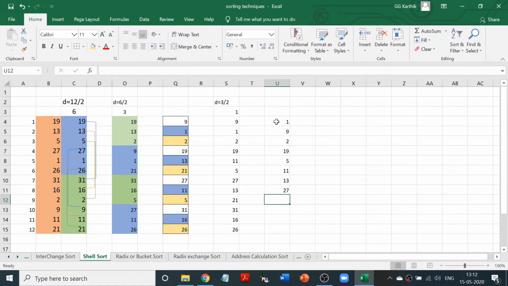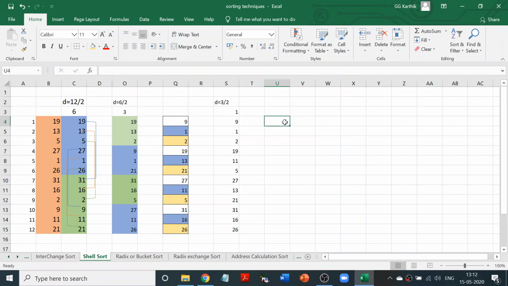So what you can do instead of this is, I would ask you to do an interchange sort. Since we have studied interchange sort, you can skip a lot of iterations. You can leave this method because it will take you through more iterations. You have to keep doing it. Instead I would ask you to go for interchange sort now, right? So when your D value becomes 1, after that you just perform an interchange sort and things will be sorted out.